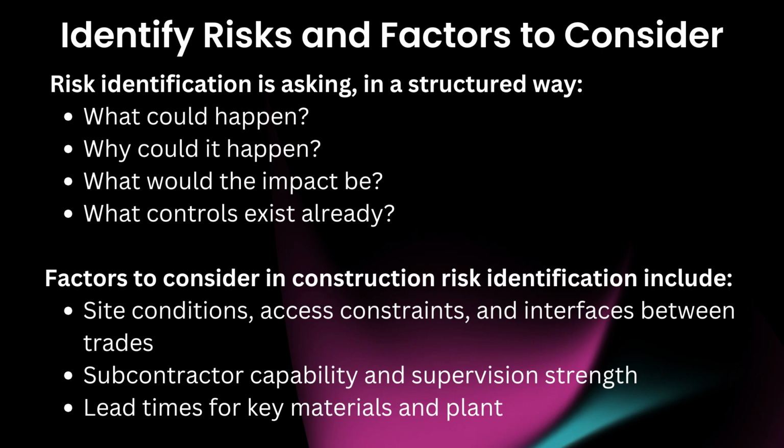Identify risks and factors to consider. Now we are ready for risk identification. Risk identification is asking, in a structured way, what could happen? Why could it happen? What would the impact be? What controls exist already? Factors to consider in construction risk identification include site conditions, access constraints, and interfaces between trades,